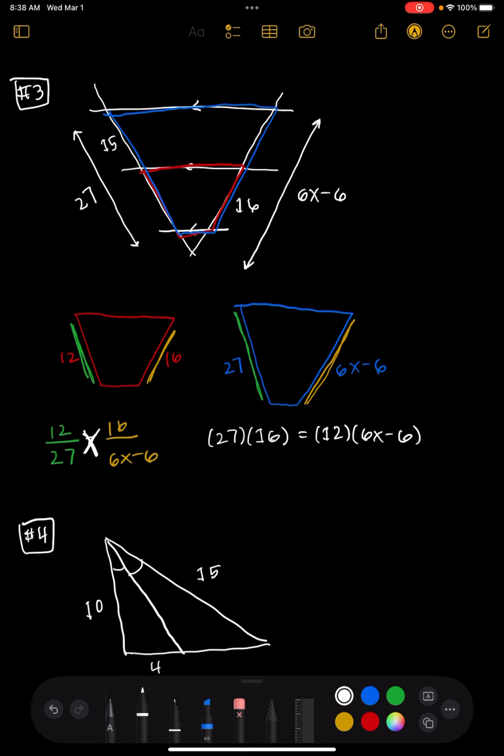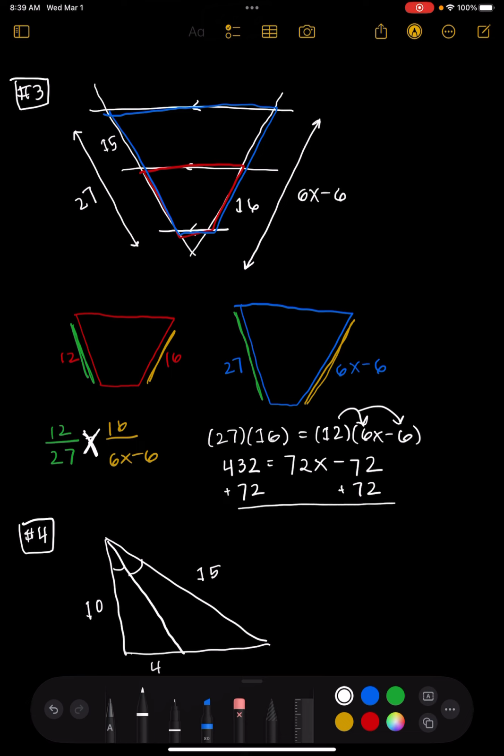Now let's do some math. So we're going to do 27 times 16, which gives us 432. And then we're going to distribute the 12. So we'd have 12 times 6x, which gives us 72x, because 12 times 6 is 72, minus 12 times 6, which also gives us 72. Now we're going to add 72 to each side,